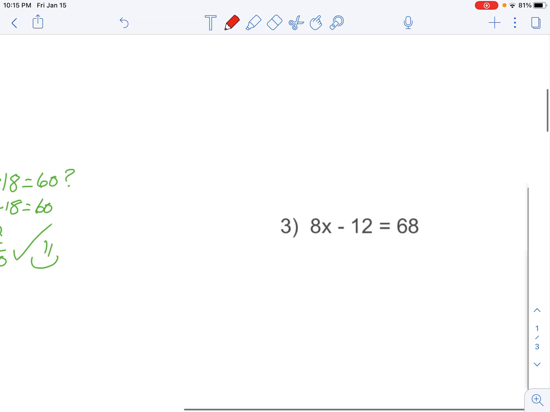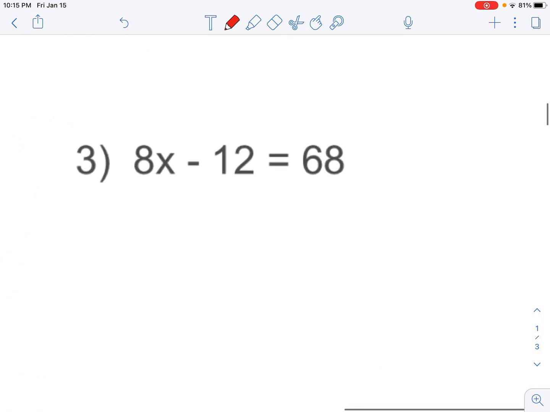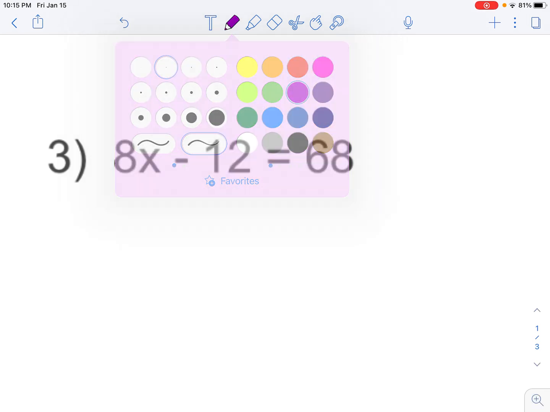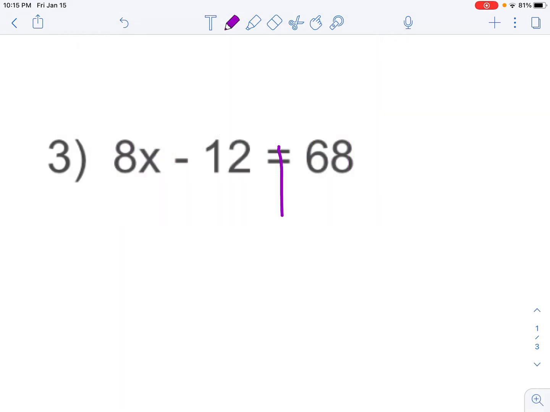Moving over to number 3. All right, so now we have a different kind of two-step, and this one is subtraction that I see right off the bat. I have 8x minus 12 equals 68. I see subtracting 12 on this side of my equal sign. So that means I'm going to do the opposite, the inverse